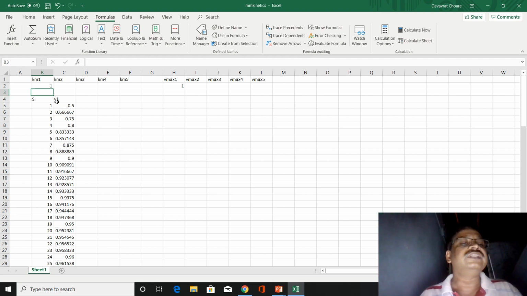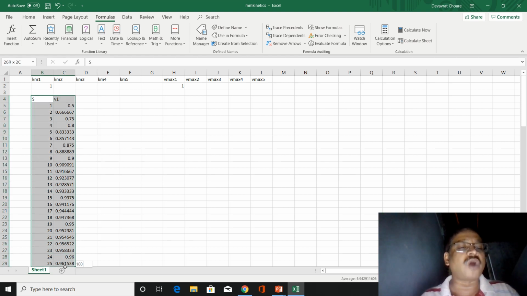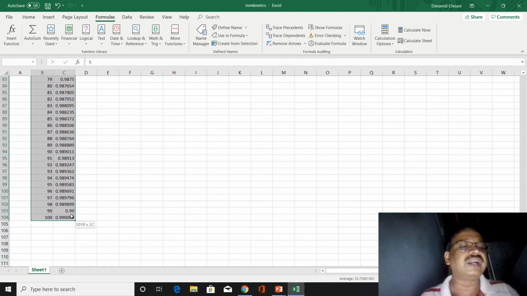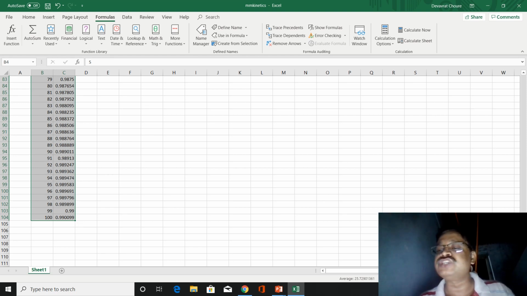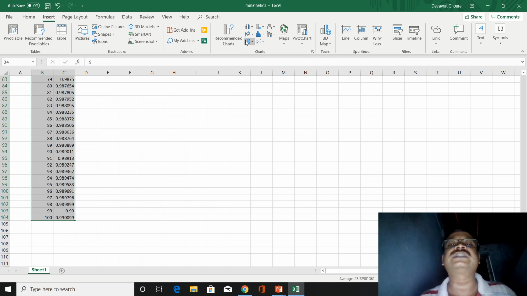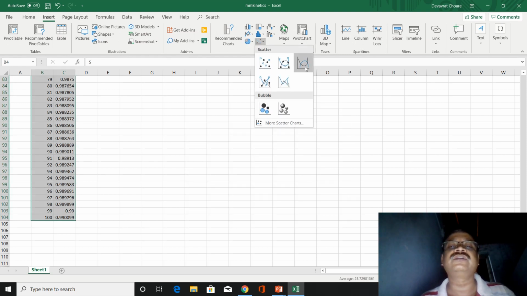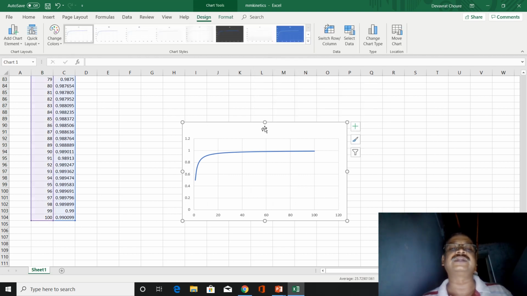Okay. Now this equation has been simulated and we will plot it. All the velocity for 100 points has been calculated, and you observe that 0.98, 0.98, 0.98, it is approaching slowly to 1. 1 is the Vmax, and at very high substrate concentration it approaches Vmax. We'll go here and we'll get this line. We'll select the line without marker.